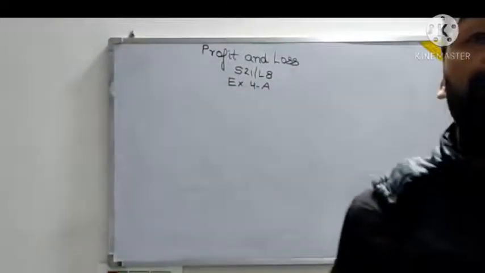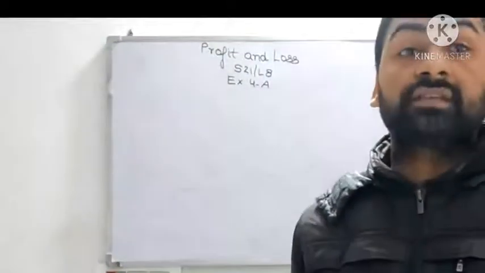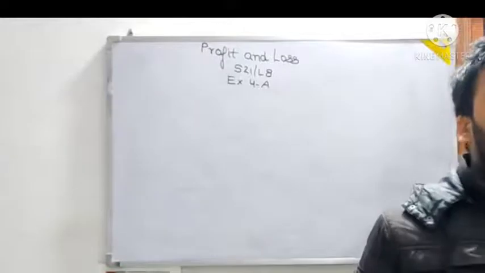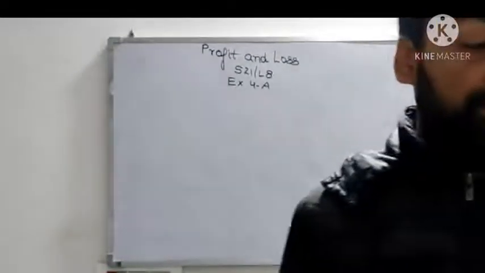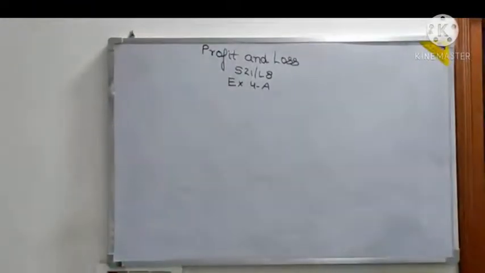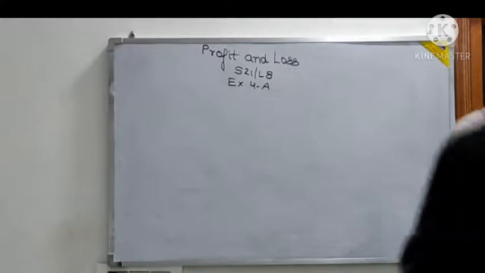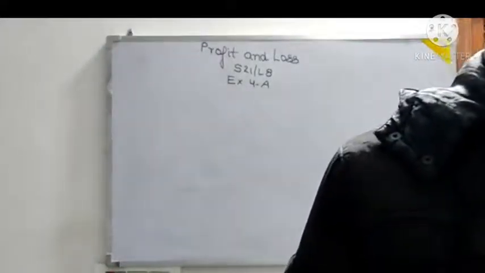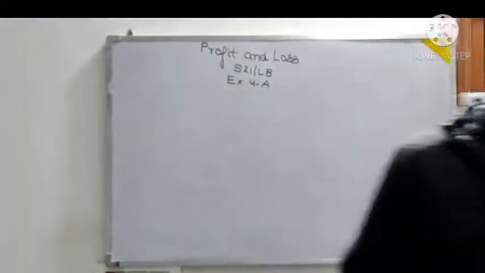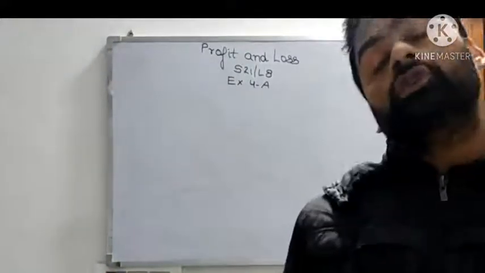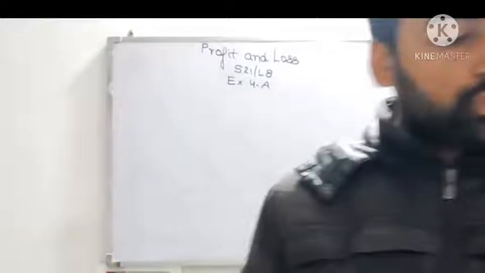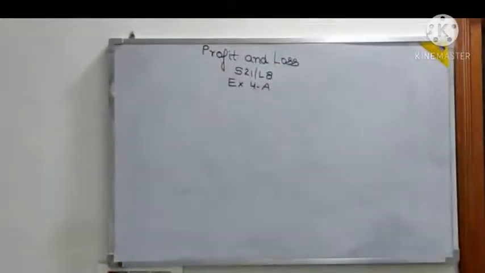One SP will be the previous SP with 100 rupees added. So you calculate the two SPs and equate them. So the 14th and 15th are on the same lines. Then question 16: a dealer sells a toy at 4%, had he sold for 180 rupees more. Again the 16th is on the same pattern. In the 14th, 15th and 16th questions, they are asking for the cost price.